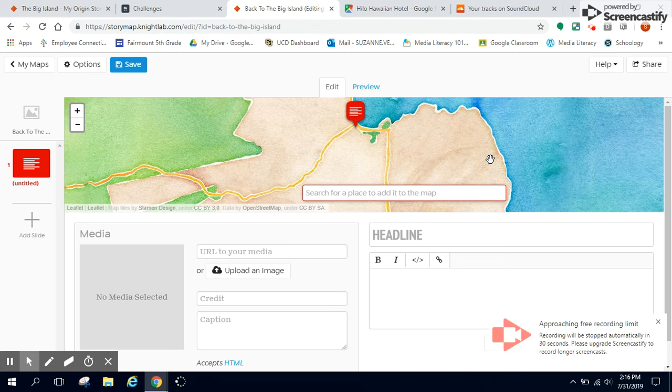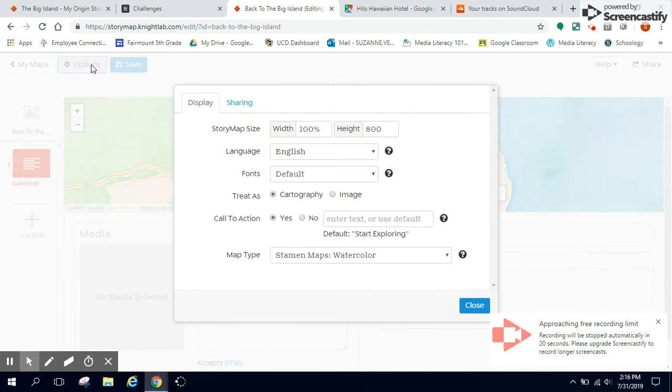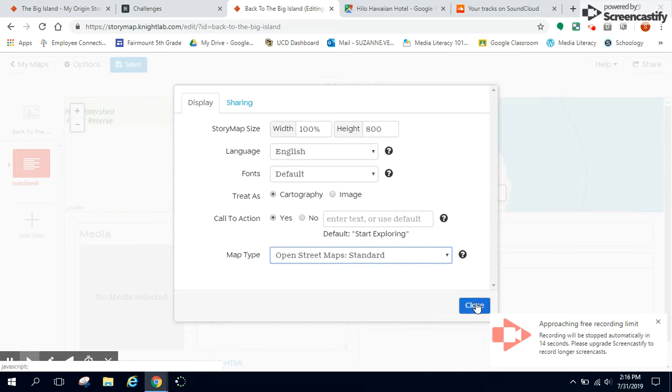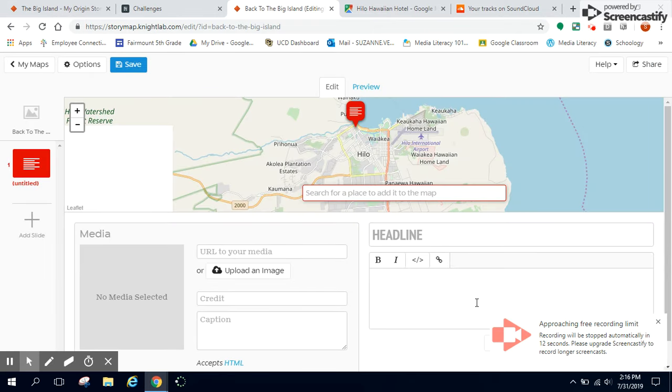It got a little bit tricky though, because you can't see any of the streets. And so that was a little tricky. So I'm going to go back up and go to standard and close, and it just kind of shows you a street view. Okay,